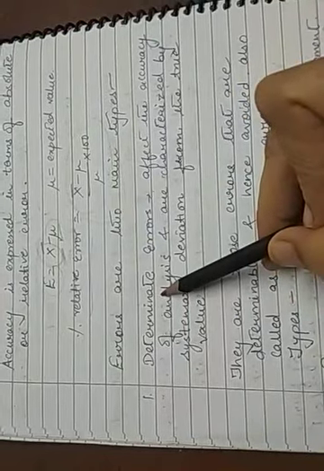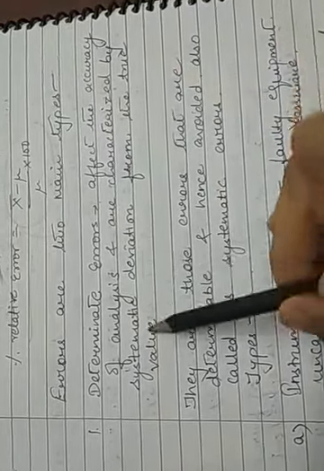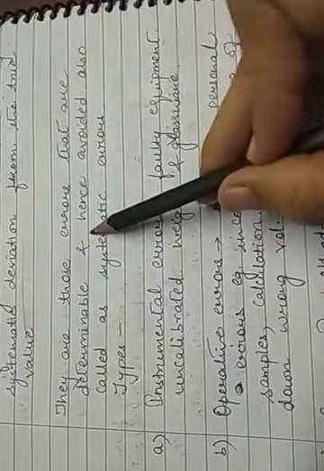So errors are mainly of two types: determinate errors and indeterminate errors. Determinate means you can determine them, you can figure out because of what the error has come. So these affect the accuracy of analysis and are characterized by systematic deviation from the true value. Systematic means you can figure out what the problem is. How will you figure it out? Let's discuss. They are those errors that are determinable and hence avoidable.